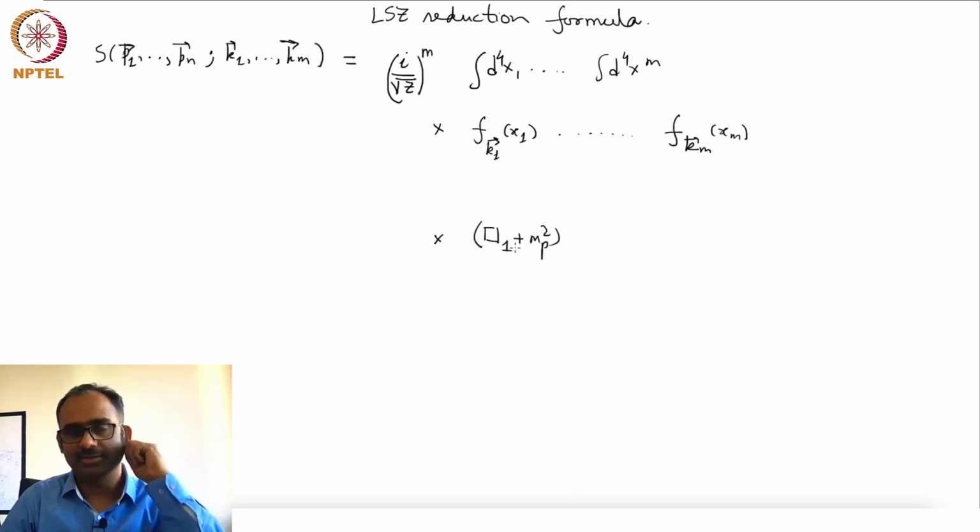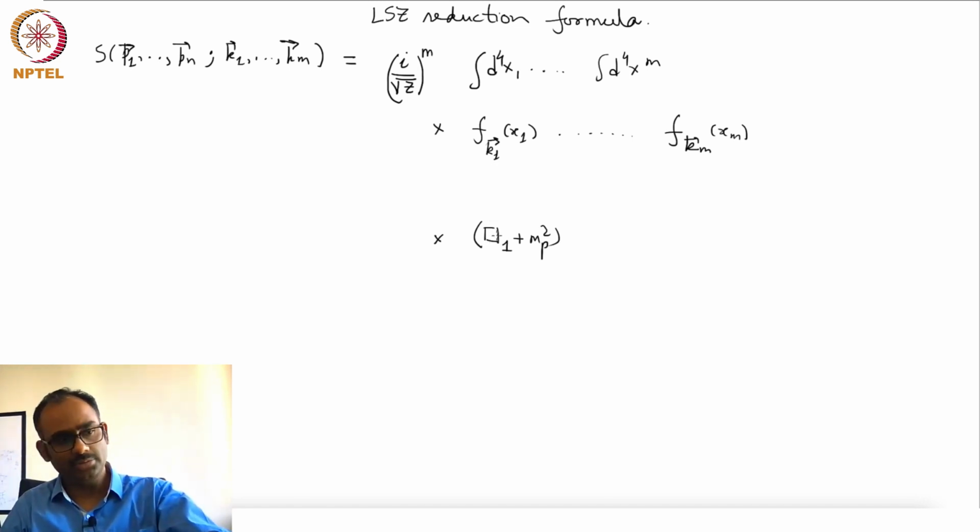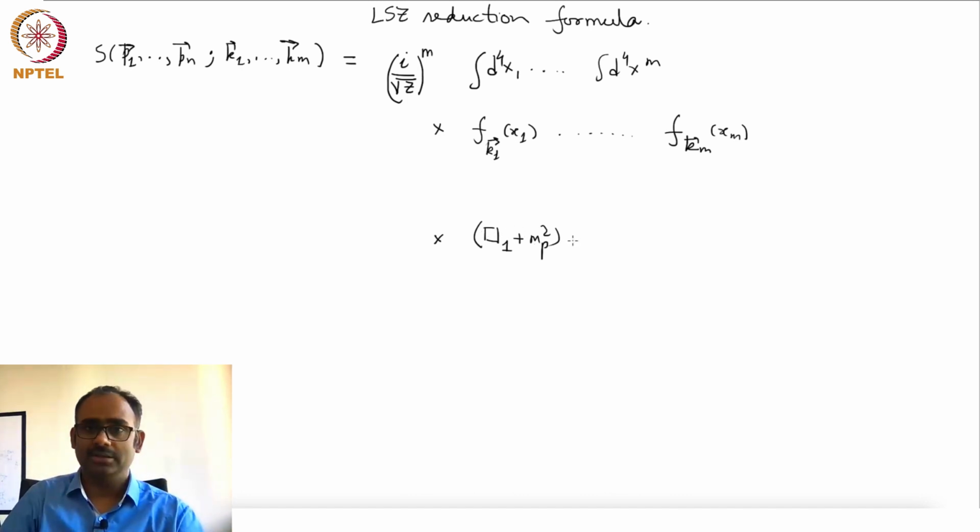Okay. This is basically del mu, where the derivative is with respect to x1. Okay. So, and then other factors, box m plus m_p squared,